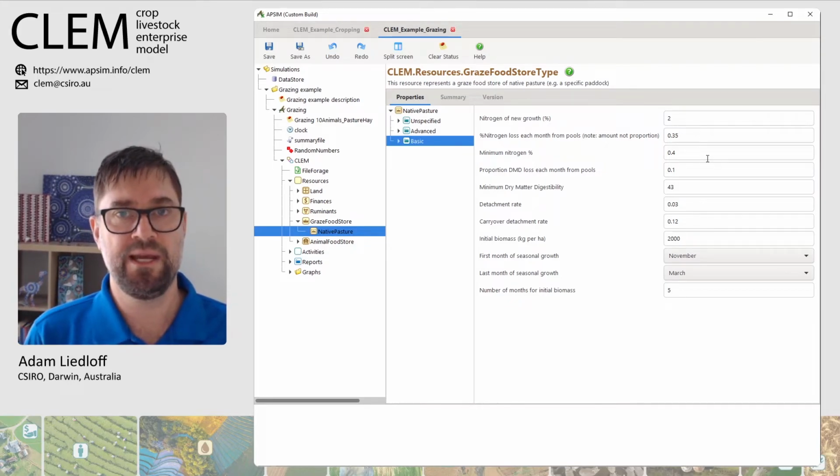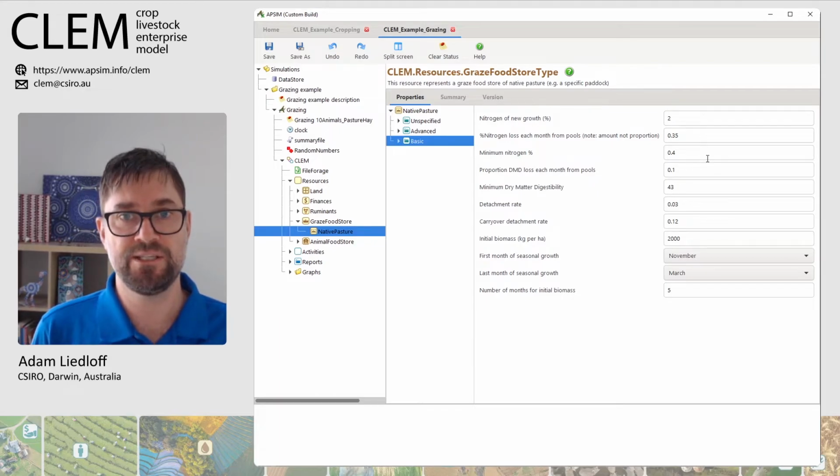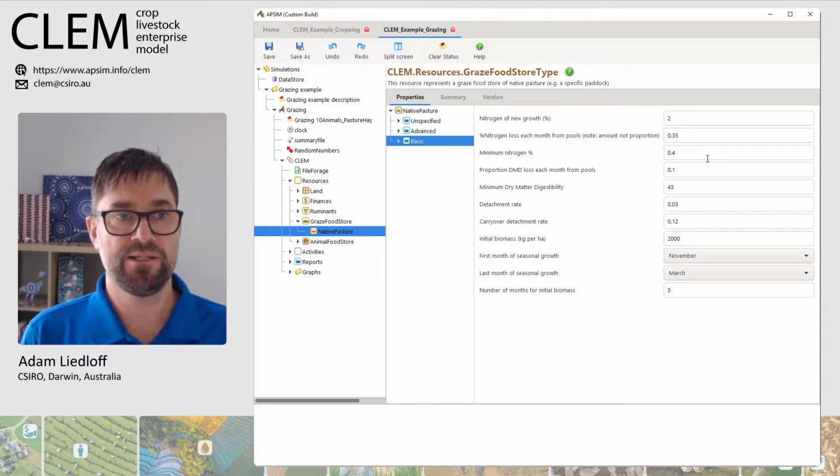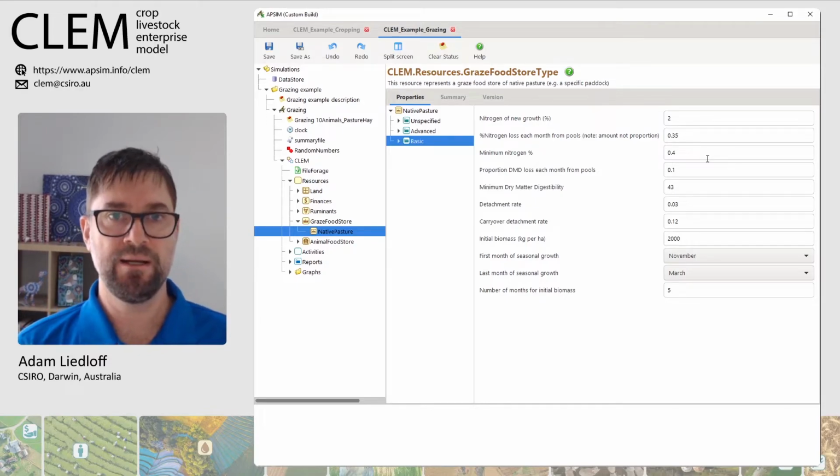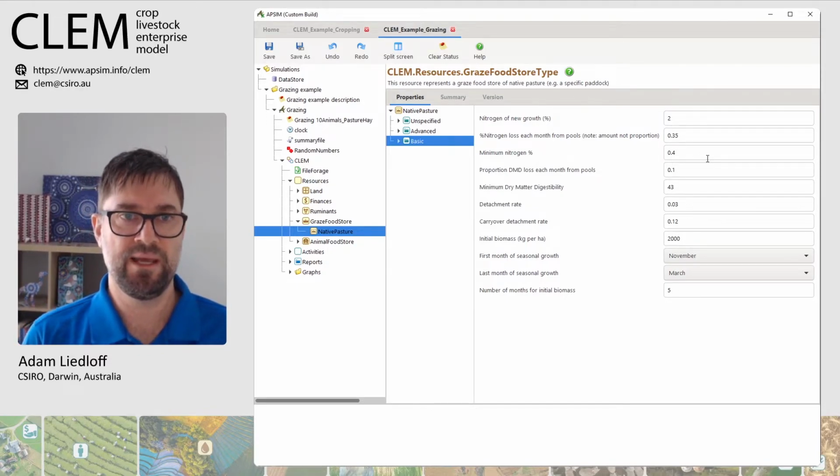So we say how quickly each month that new growth detaches from the system and is lost. We also have the rate that it decays in its nitrogen content and its dry matter digestibility down to a minimum value. So therefore, through time, we can follow that pool of pasture